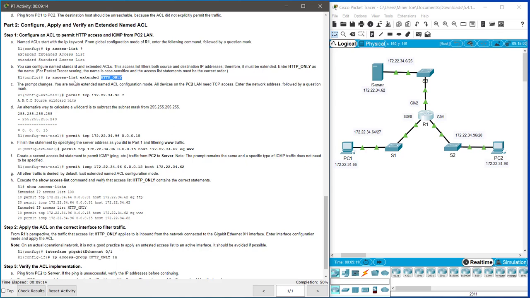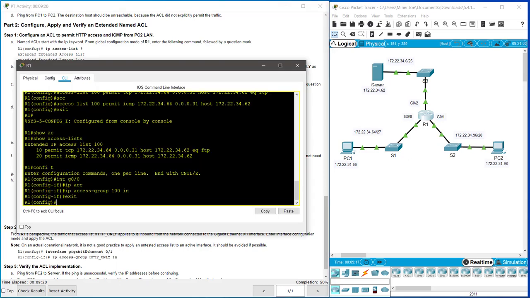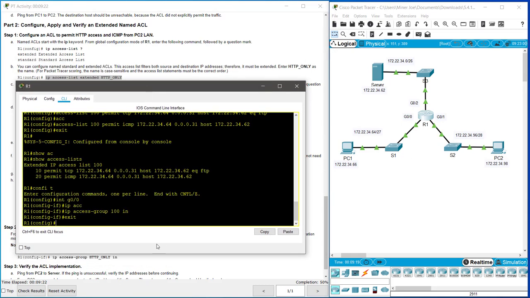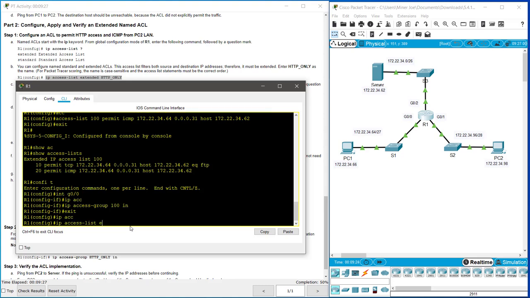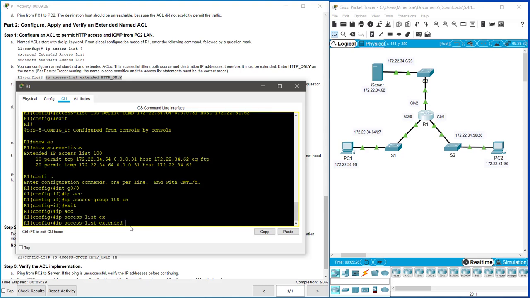So starting with this, we'll just do IP access list extended HTTP only. So let's go ahead and start with that. So we'll put that there. Go here, and we'll do IP access list extended. And then we're going to name it